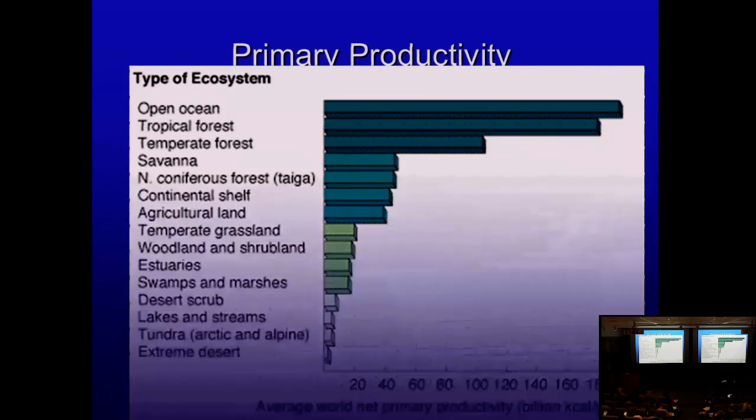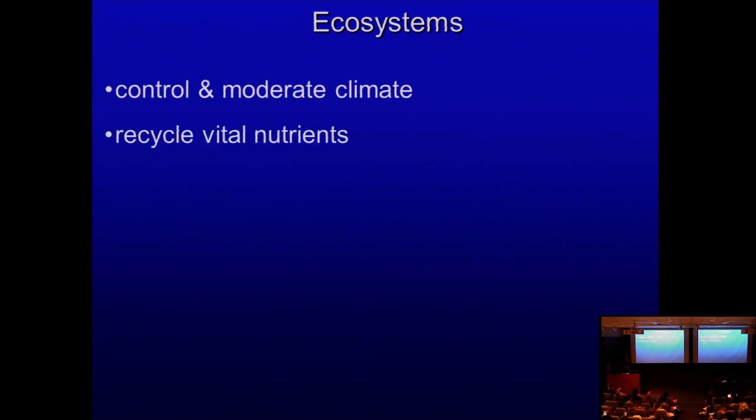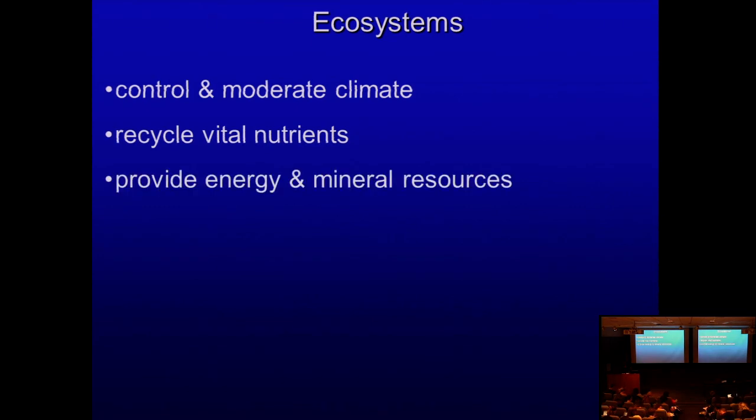And the bottom line, again, you have this slide, ecosystems themselves are profoundly important because they are the things that moderate our climate, that make it habitable for us here on Earth. They are the things that recycle vital nutrients so we will continue to have food to eat. They are the things that provide us with the very mineral and energy resources that we'll be talking about during the course of this semester, upon which our survival is predicated. They pollinate our crops, again, so we can eat. We cannot eat without crops being pollinated. They are also useful